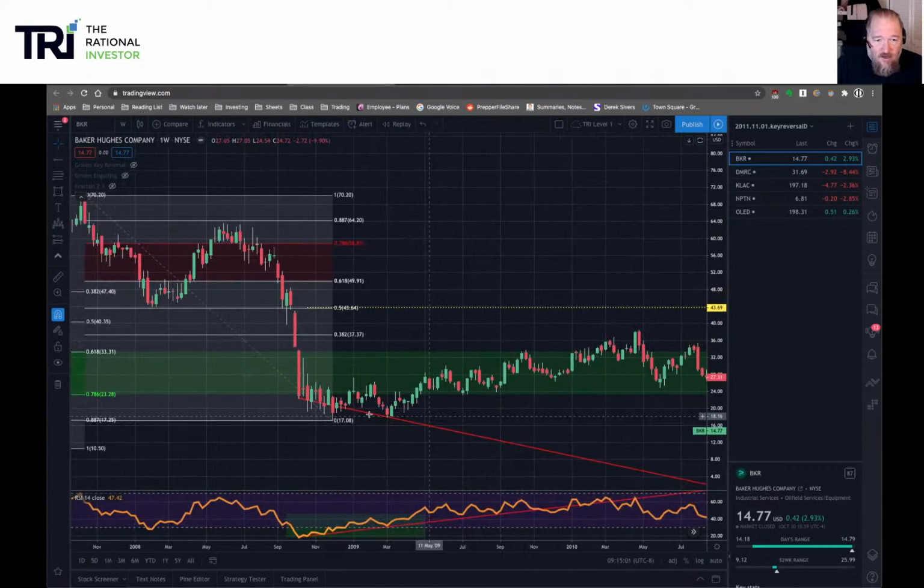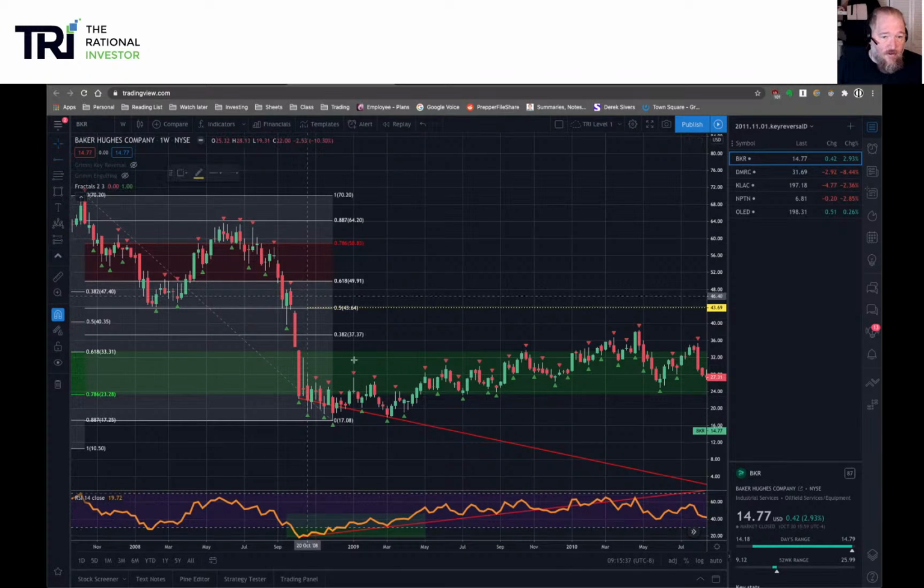Now, when we come in here, let's put fractals back on now that we've done that. Okay. So we've got our divergence, we've got our location. Now we're looking for a pattern to get us in on the trade, right? Now this divergence doesn't confirm until this candle here, because we need that W in the market structure for confirmation of divergence, right? So that's on this one here. We're going to look for an entry signal after that. Now probably we'll end up getting this W here. Okay. So do you see how